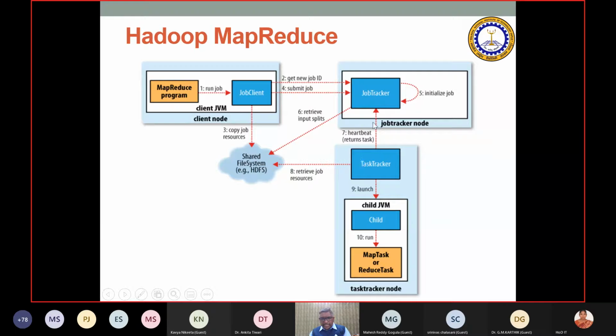So then the job tracker is splitting into heartbeat, and then it becomes a task tracker. Task tracker will run the Java code and the map and reduce tasks, which are running here. There is a child which is created for the task tracker, and then it can be either a map task or a reduce task, and then it works on the HDFS. And finally, you get a result. So this is how the process goes on, right? So this is where the data is running, and you get the result.